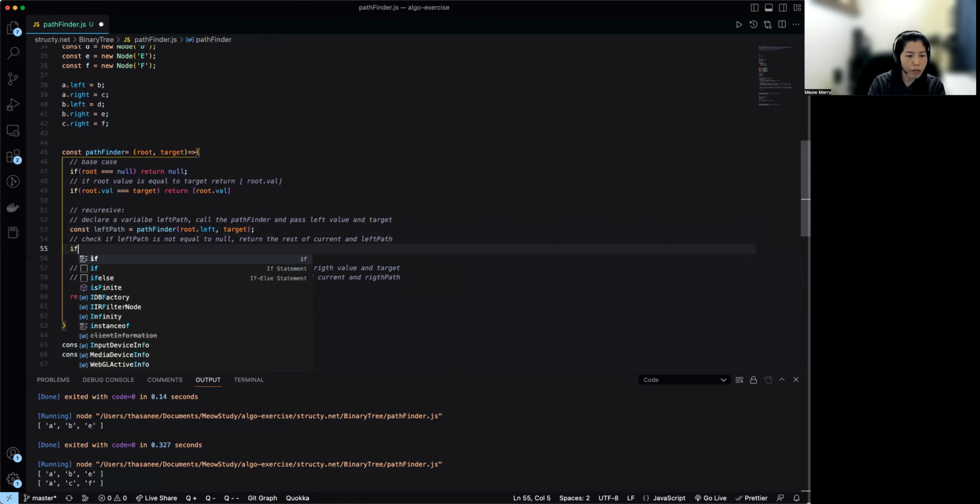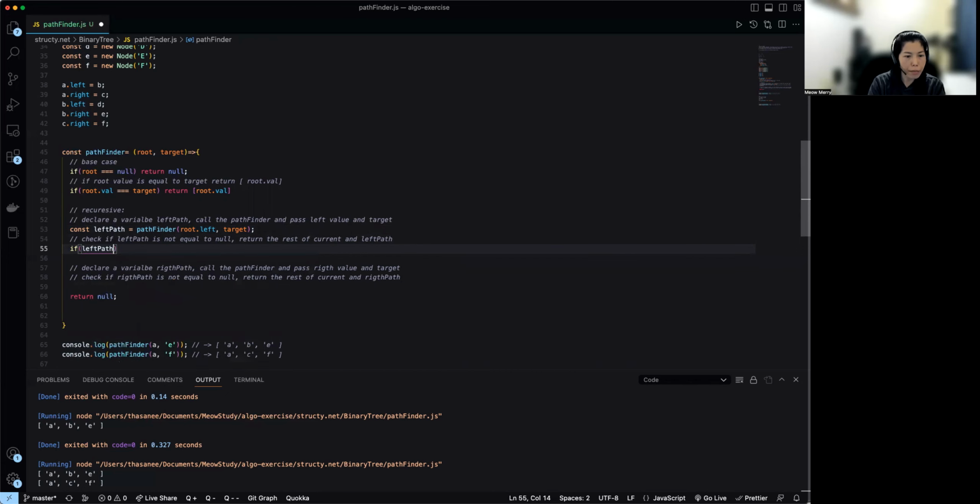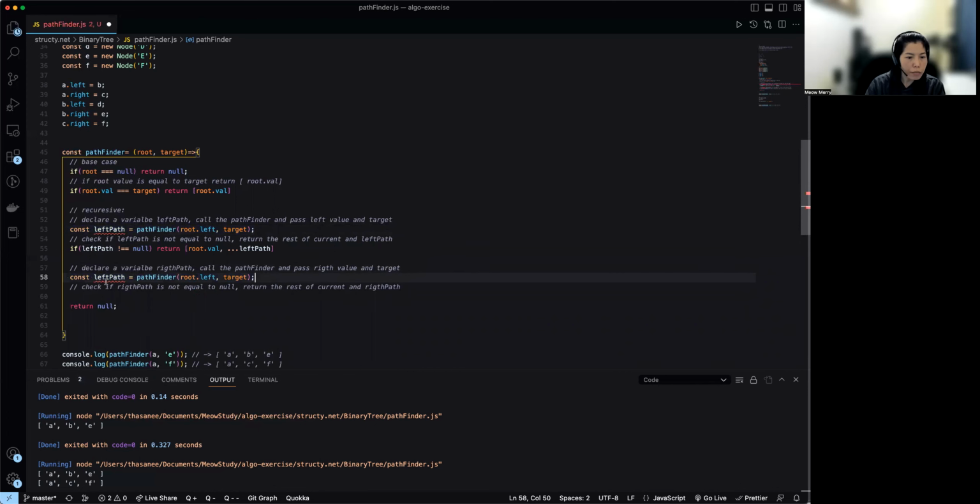Okay. And then what we're going to do here is check if left path is not null. That's what we're going to return. So we return the root dot value, that's the current one we found, and then the rest of the left path. And actually, I'm just going to copy here. We're going to do the same thing with the right path node, but we will change it to be right. Okay, and then we pass to the right node